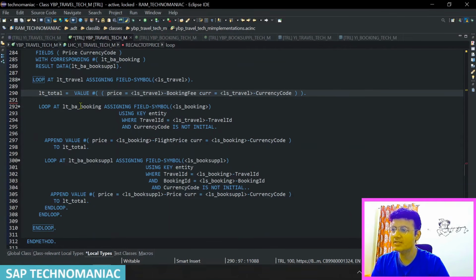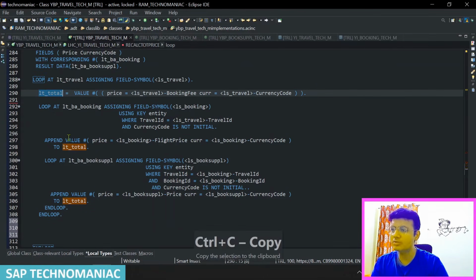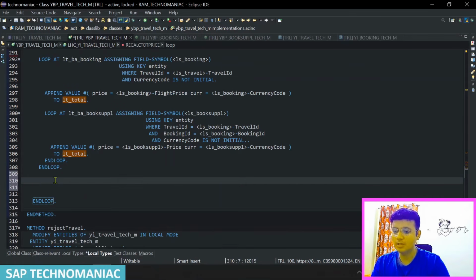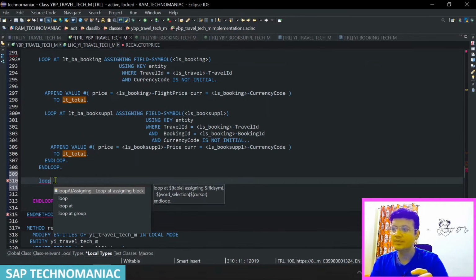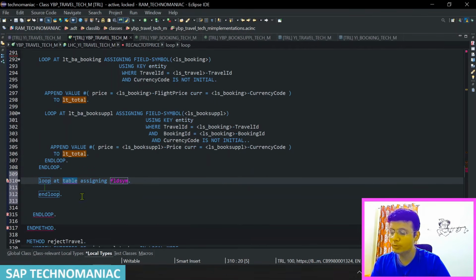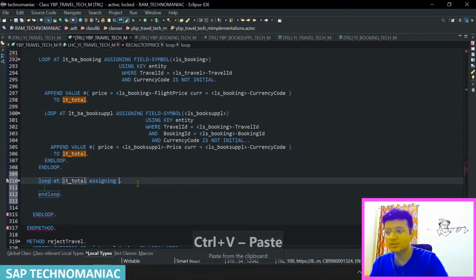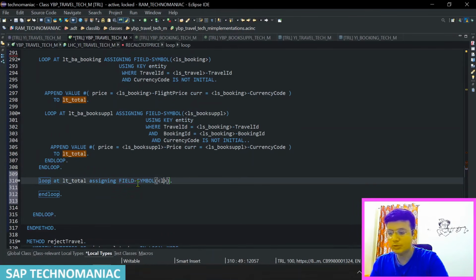And last thing, now we have all the, for that particular table, the price and currency for the travel as well, booking fee as well, flight price as well, and price as well. So now what I will do, once the loop is completed, I will loop through the entire table, control C, I will loop through this table all the amount, and I will try to update our travels. So what I will do, loop 8 assigning, that is correct. This time I will loop through the total table, and let me give some field symbol, assigning field symbol, ls_total,